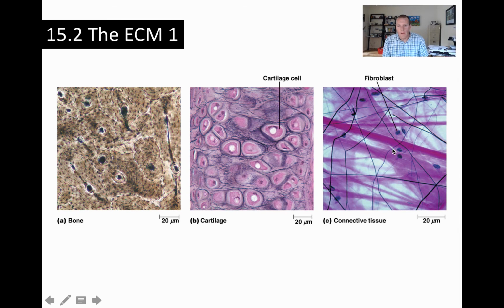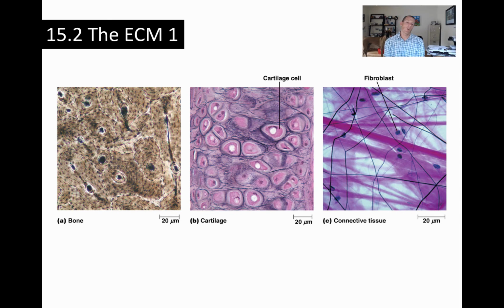So connective tissue there is going to be surrounding glands, blood vessels, that kind of thing. It's relatively gelatinous, and it contains cells, things like fibroblasts. It can be penetrated by macrophages, that kind of thing. So despite the fact that we've got three very different types of tissue here, three different types of ECM with diverse functions, we can generally think about